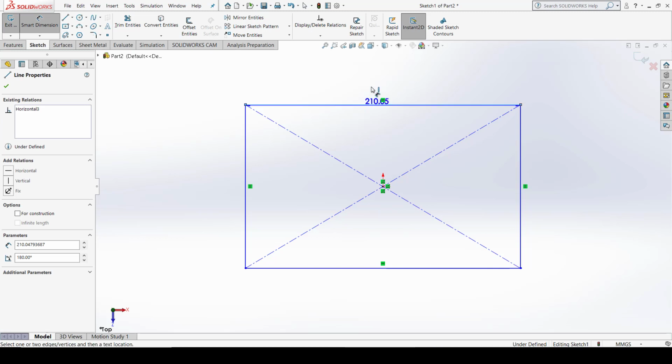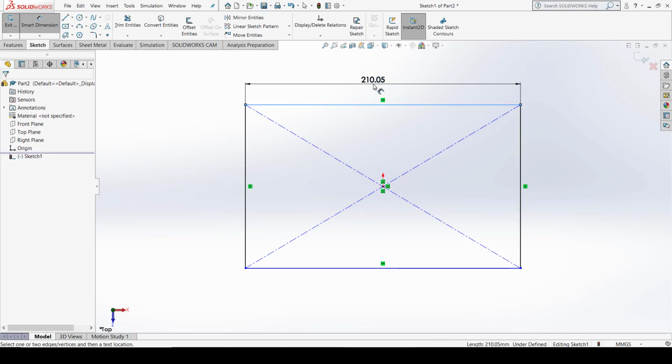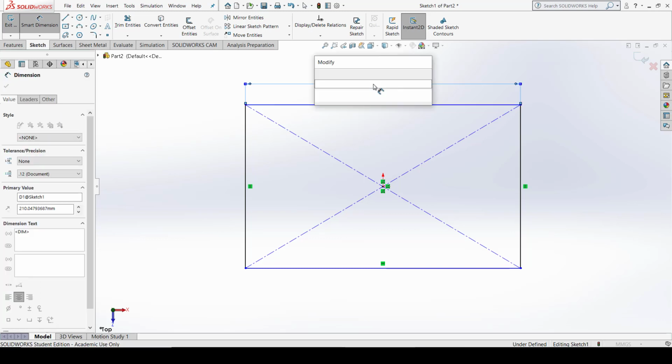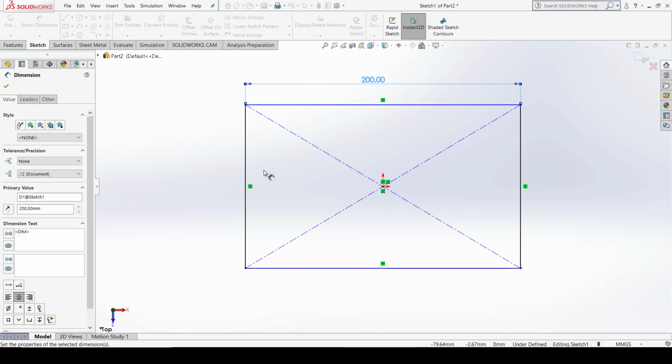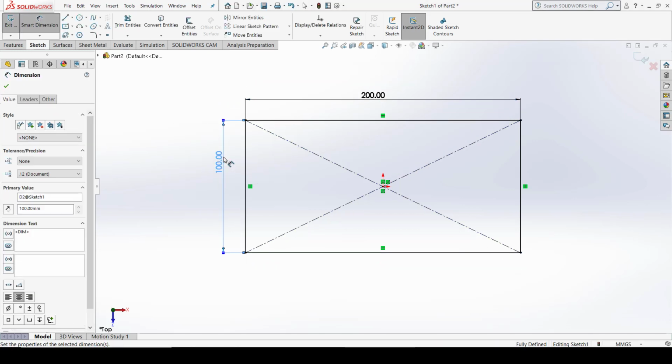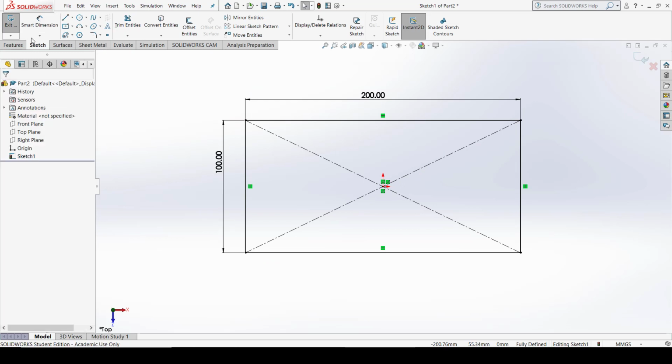Let us say the length of the rectangle is 200. And the dimension of the rectangle width is 100. Click OK. Exit the sketch.